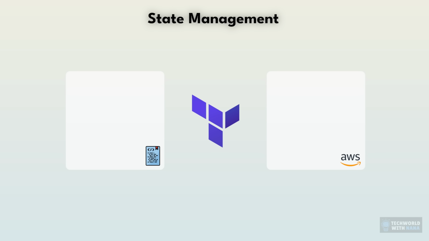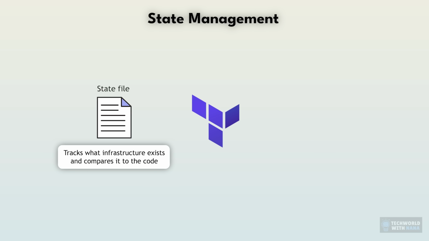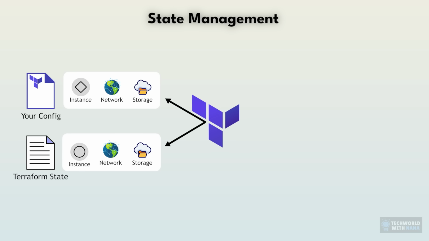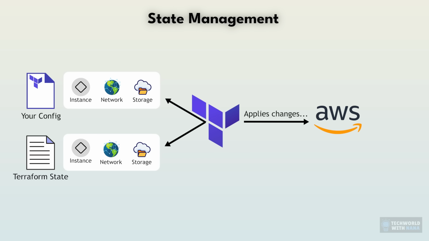And Terraform does it very easily, actually, by just maintaining a simple state file that tracks what infrastructure exists at any moment and comparing it to what's in the code. So every time you run Terraform, it reads your configuration, the Terraform code that tells it what you want. It reads the current state, what exists, compares them, shows you a plan of what will change after the execution. So you confirm that you want this change to happen and makes only the necessary changes to give you that